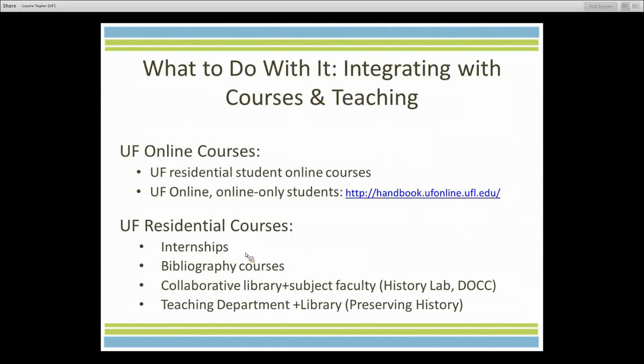So other things that you can do with it that are really exciting: integration with courses and with teaching. With the rise of online courses, one of the things that I know I have not done enough of, and I'm looking forward to doing in the next year, is integrating with the online courses. Whenever we have an opportunity to integrate our open access digital collections, it's really phenomenal to have those embedded